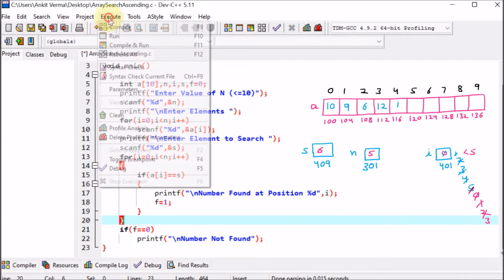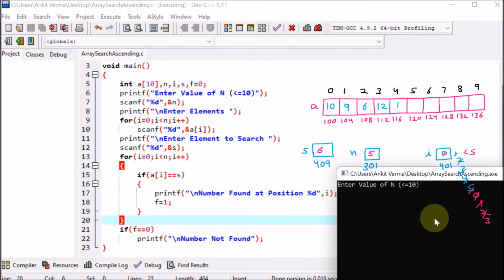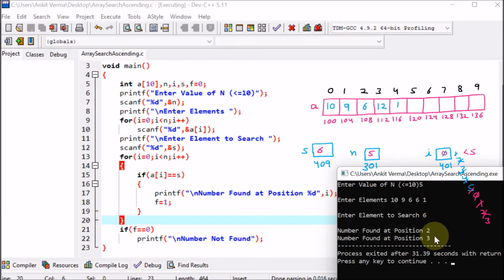So we go on to execute. Here it is saying enter value of n. Let us suppose I say 5, then give the elements 10, 9, 6, 6, 1. Then afterward search 6. You can see that only 2 and 3 are coming. So that means the number not found message is not working.